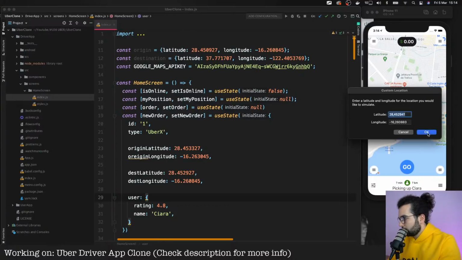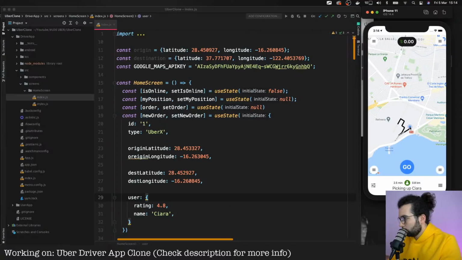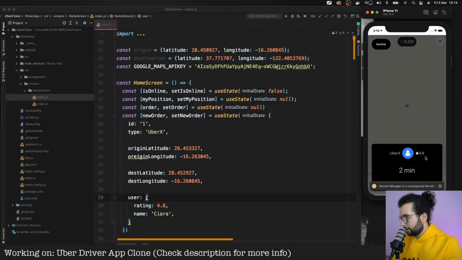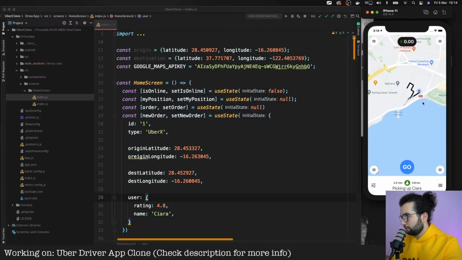Yeah, it's this. Come on, what's happening? Oh, it appeared. Probably it's too slow, or maybe the location was not initialized and it only worked now. Let me refresh to make sure that everything is still working. Yeah, right now it works.